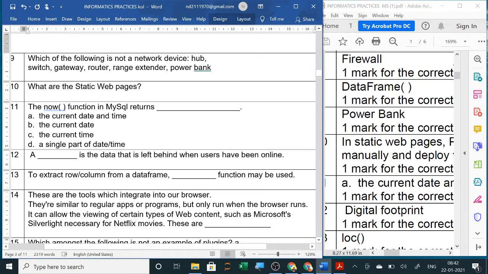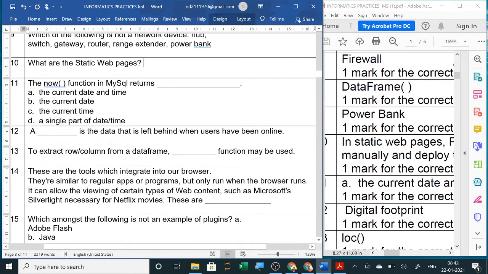Next, what a static web page? We all have studied that static versus dynamic web page. In dynamic, we are filling the forms at runtime. We are changing the values. We are giving some values. But static web page is similar, same to all the viewers. It is fixed. It is not changing. You cannot change the value. Only the web developer who has designed it, they can only, but we cannot change, the user cannot change the